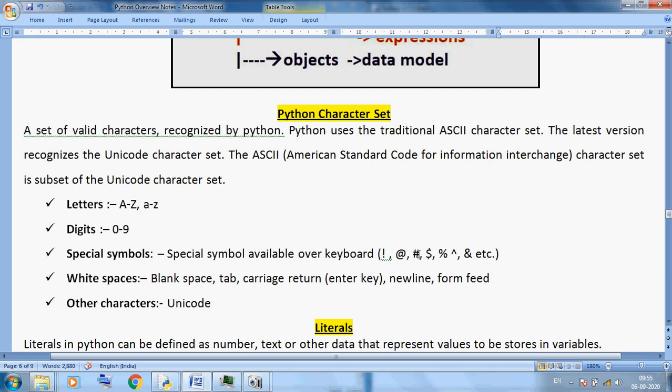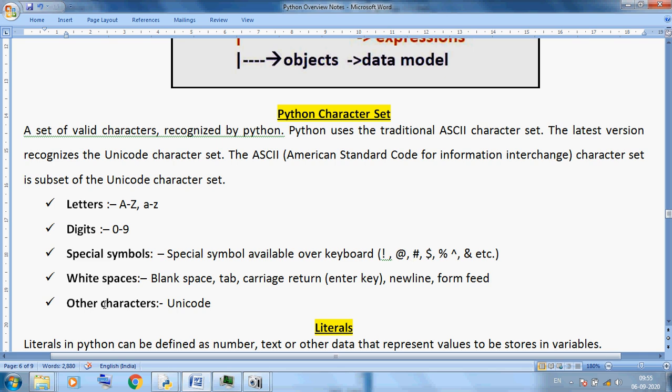Hash we already use in comments, and percentage and similar symbols can also be used in coding. White space includes the enter key, new line, form feed, carriage return, and blank space between two words.